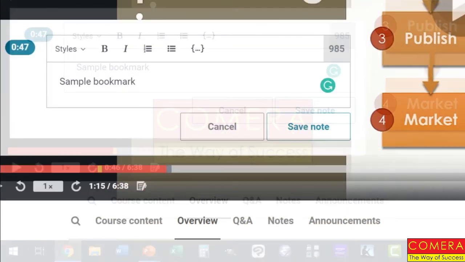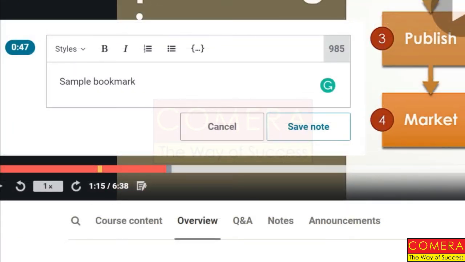Now, as you watch the video, the red progress bar will continue, but notice a little gold bar is left behind. If I just put the mouse over it without clicking, the note will pop up and I'll be able to see what note I left at that location. Now wait, it gets even better than that.